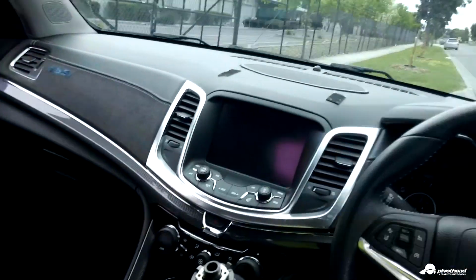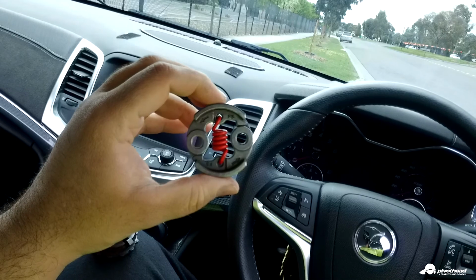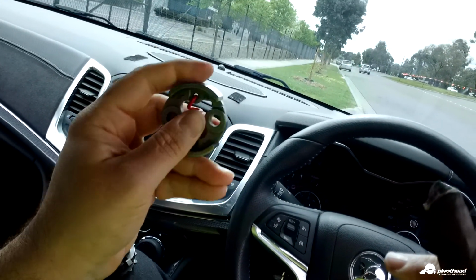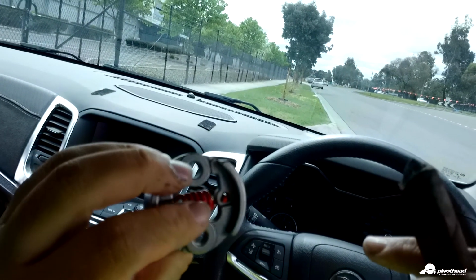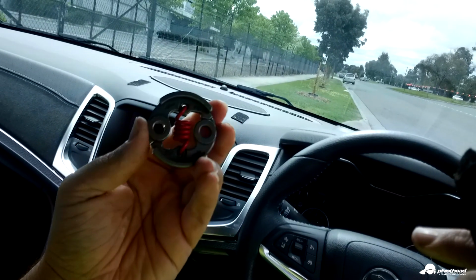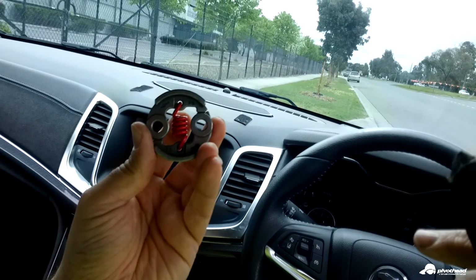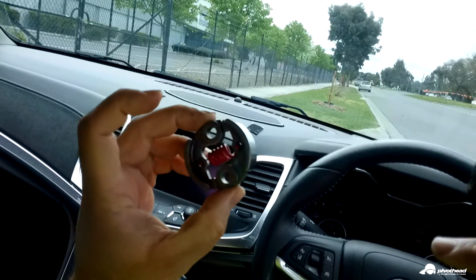I got another solution for it, which is this thing. It's called an FS racing clutch. There's no clutch material shoes on it. The whole thing is made out of some kind of metal. I don't know if the whole thing is the same material or not, but there's one guy on Facebook that is using this with a spring that he developed, and I'm waiting for his response. He's getting them made up somewhere, and he's probably going to give me one to test. So I'm going to put this thing in with one of his springs,